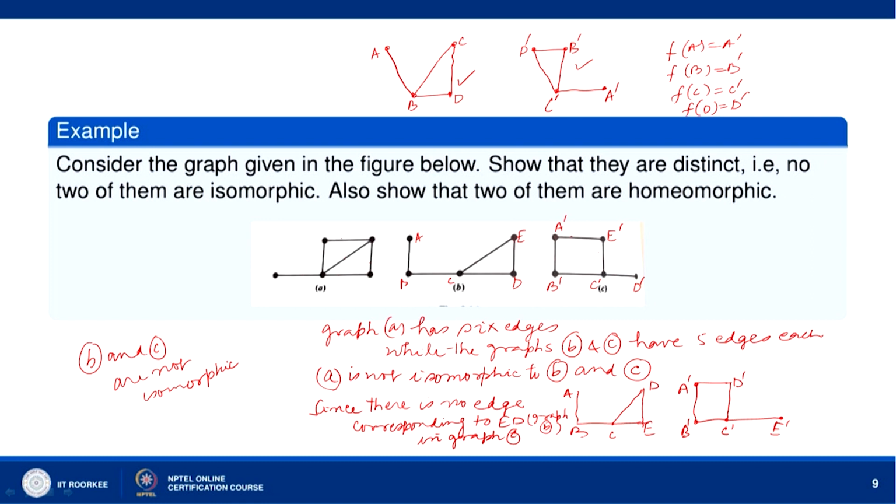A has degree 1 here, here A dash has degree 1, here B has degree 3. Oh, not like this, the degree should be the same, so this is B dash, and there we shall have